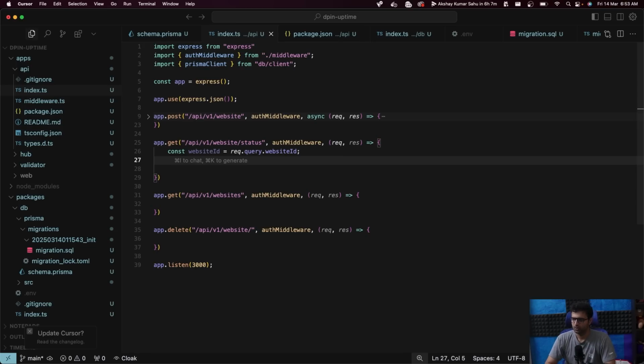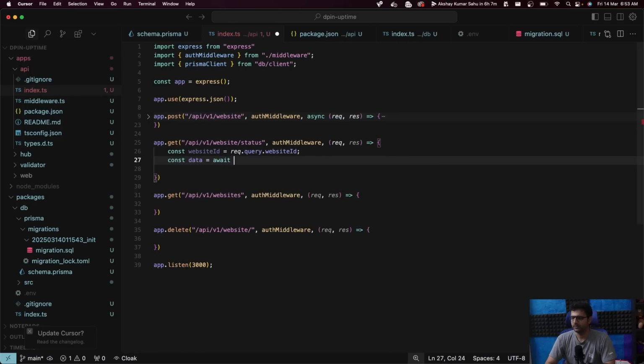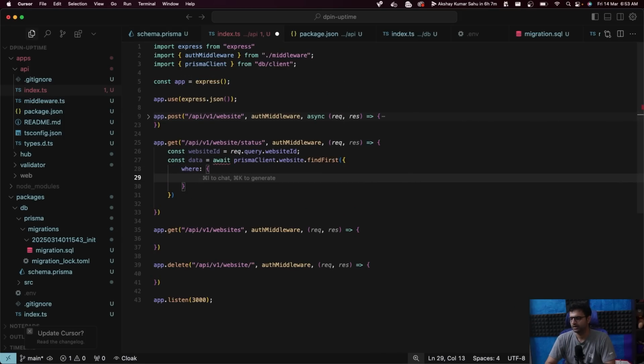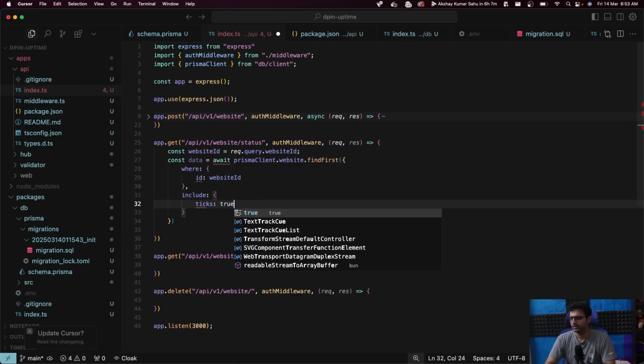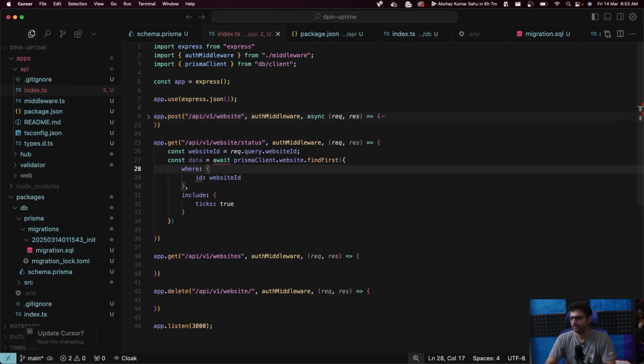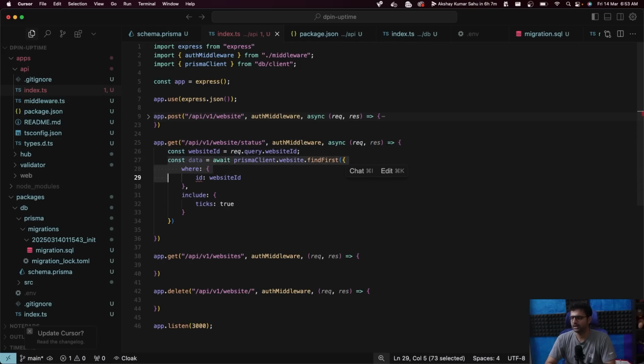So maybe the URL as well. So const data equal to await prismaClient.db.website.findFirst, where ID is websiteId, and include the ticks as well. So what are we saying? We're saying, okay, return me all the data for this website along with the ticks. Also website ID needs to be